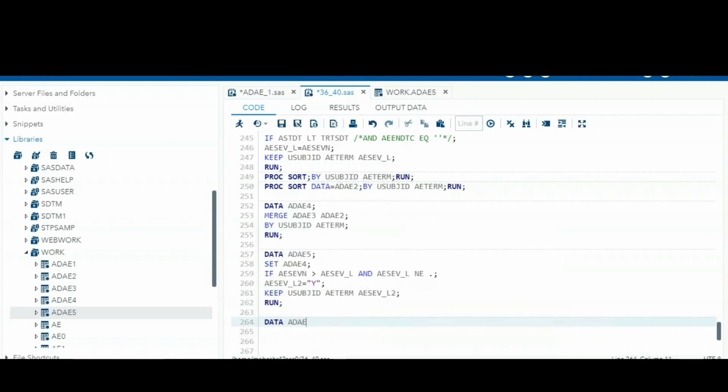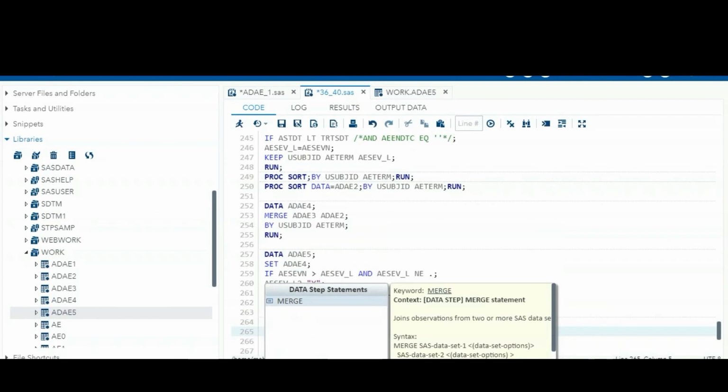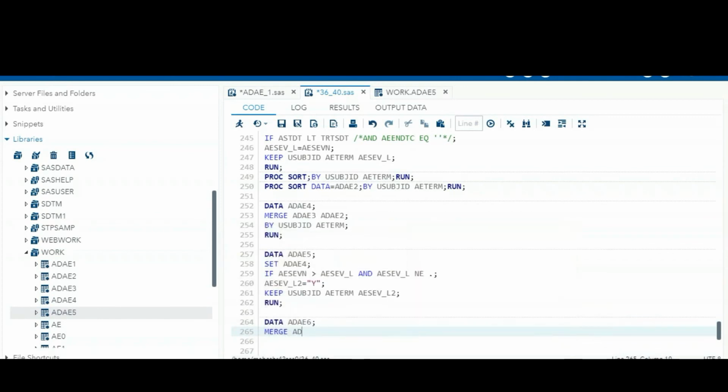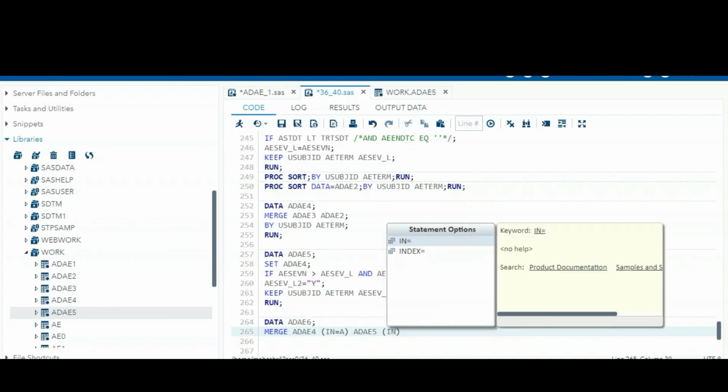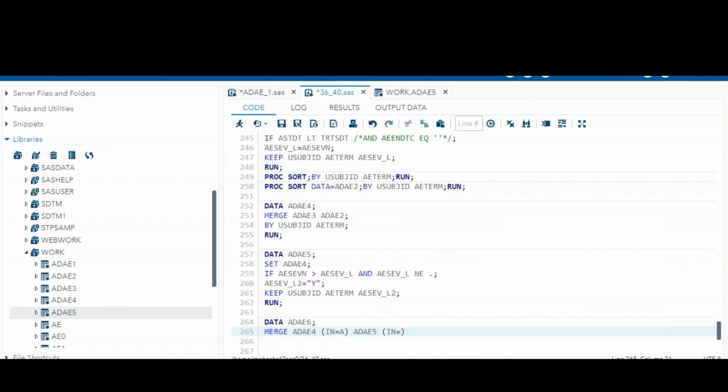So data ADAE6, merge ADAE4, in equal to A, and ADAE5, in equal to B, by USUBJID and AE term.